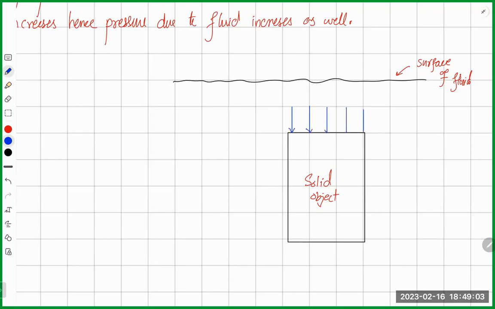Okay, pressure is not a vector quantity. It is always perpendicular to the surface. So whatever the direction of the surface is, it will be acting in the perpendicular direction to that. Now, on the top, the pressure because of the fluid will be like this. On the side walls,